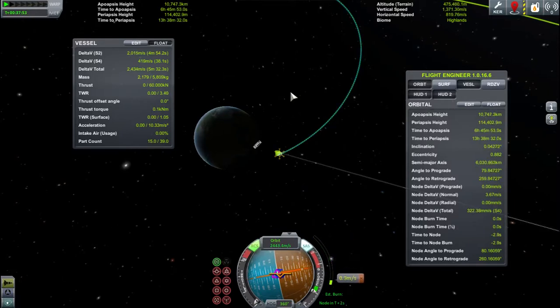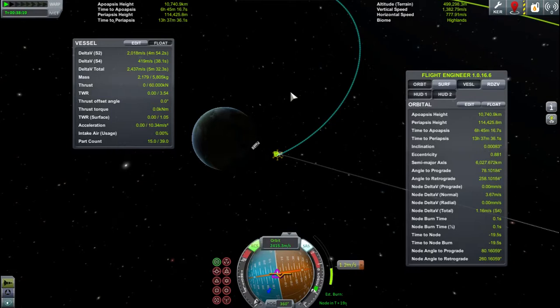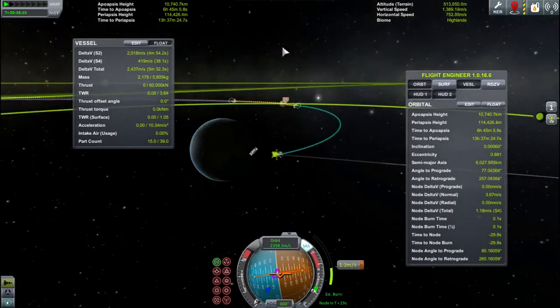We'll get this down as close to 0 as we can. And that point will be pretty soon. Again, does not have to be perfect. You want it as close as you can get it, however, because, well, let's take a look at that. We're at